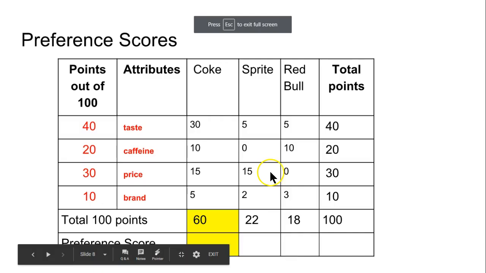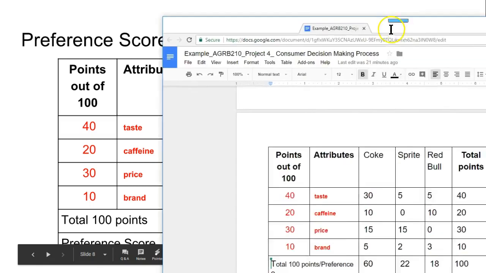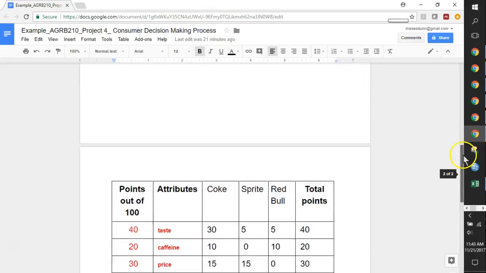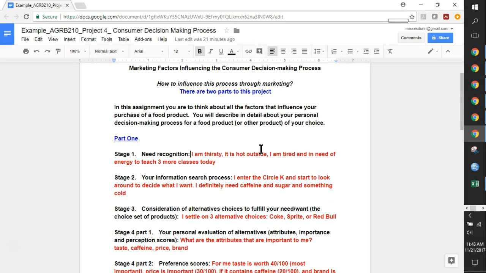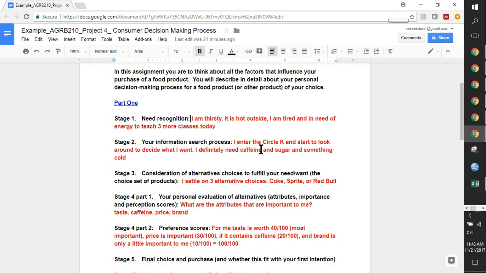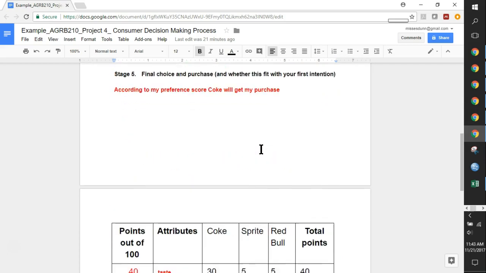Now I have completed my table. This should be in your document. I'm going to show you my example here. I have written all the stages of my consumer decision-making process in red. I'm just thinking out loud in my paper. And then in the end,